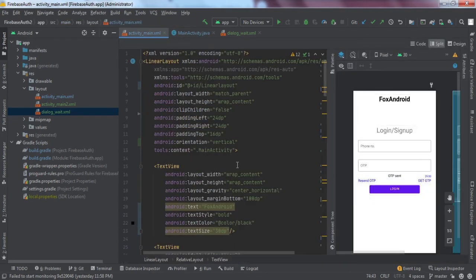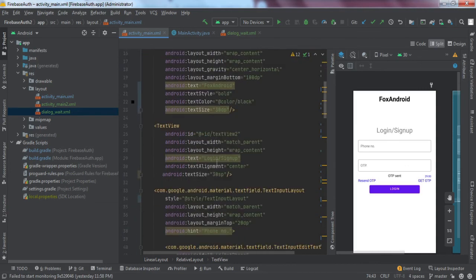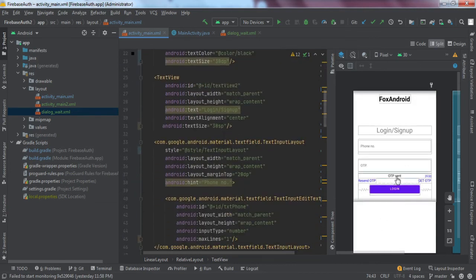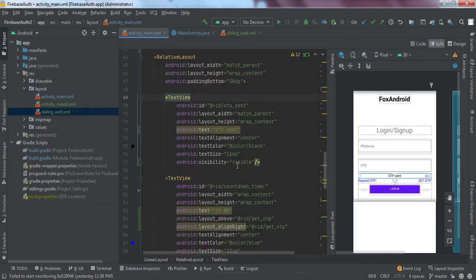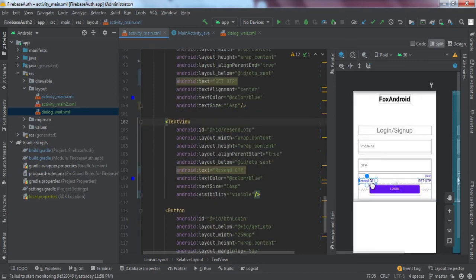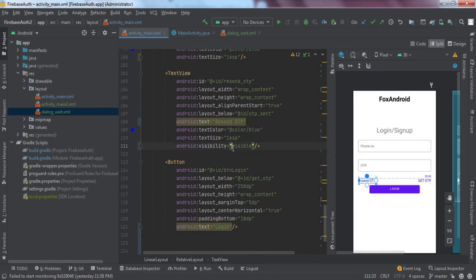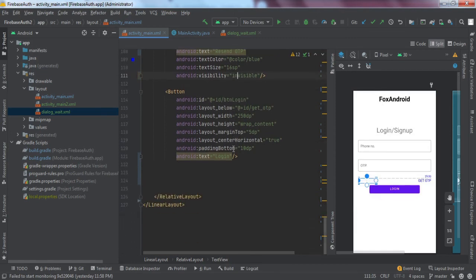Then OTP sent, this text will be visible here. Okay, I'll just make all of these invisible. This text will be visible and we'll set the text that the OTP has been sent to your registered mobile number.